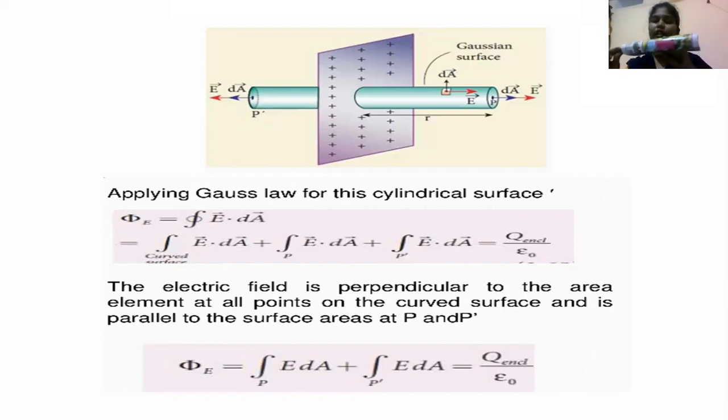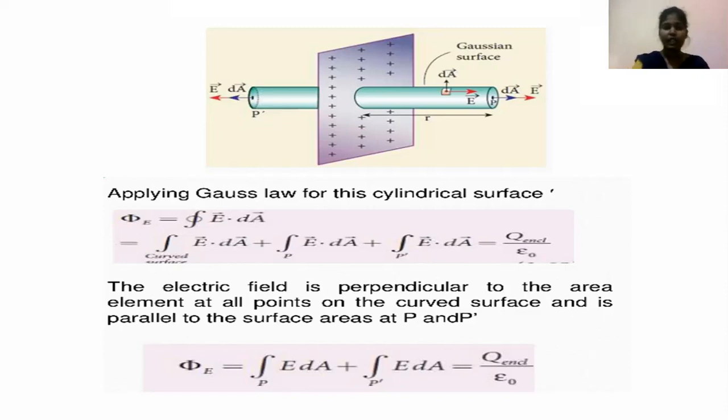Now inside here you have to consider the dA. So this is dA. It points perpendicular to the surface, and E points in this direction. On the curved side, dA points upwards, since you are taking the middle curve, so there it is perpendicular to E. So no flux comes out from the curved surface; it only comes from P and P dash. So that is anyway 0.